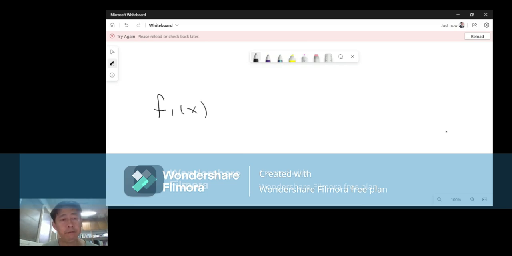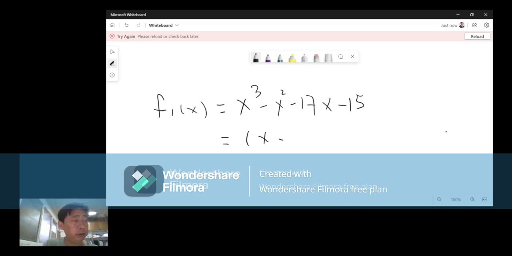Here I'm going to give you a few examples of polynomial functions that can be expressed as combinations of products of linear factors, irreducible quadratic factors, or a combination of them. The first example I'm going to show is this polynomial of order 3. You can easily factorize this into the form of 3 linear factors. So this is an example of a polynomial which could be decomposed or reduced into the product of 3 linear